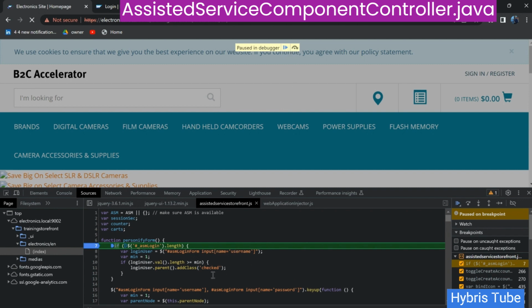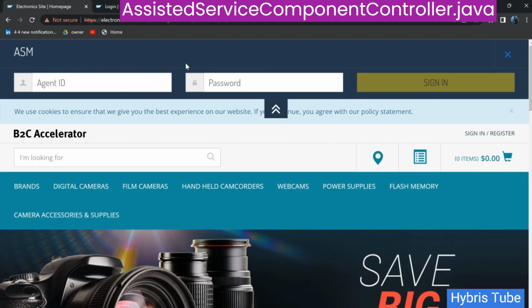I will show the JS file as well. So you can see this is the JS which is getting called in the backend. I have just added a debug point, that's why it's stuck over here. But I will just go further, and you can see now it is gone. So if I log in using the credential 1 2 3 4 5 and 6, and click on sign in, guys, you will see that